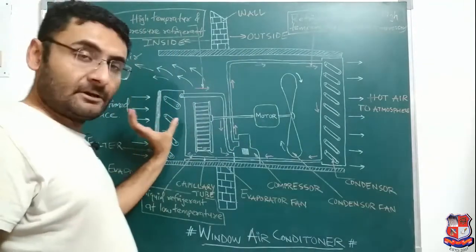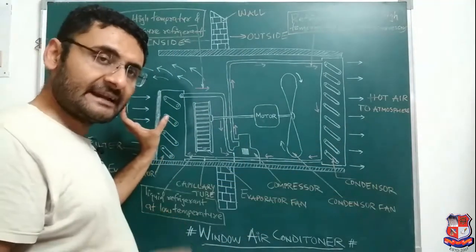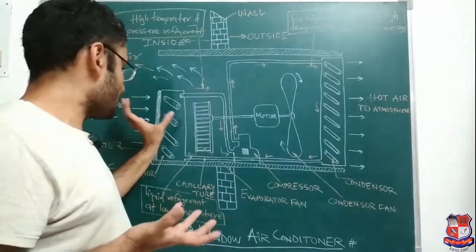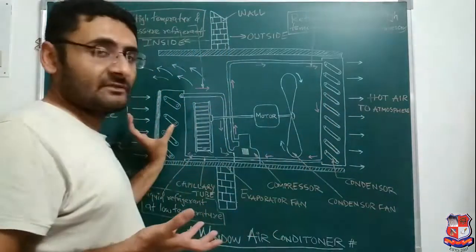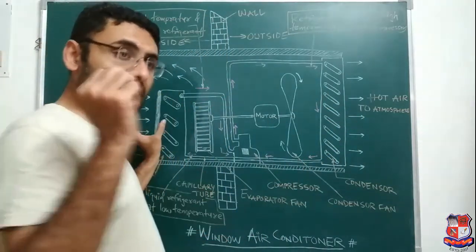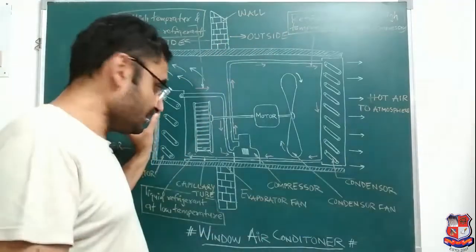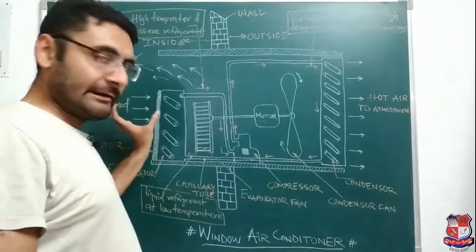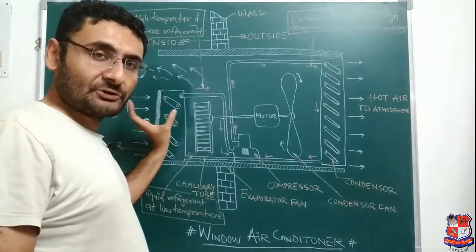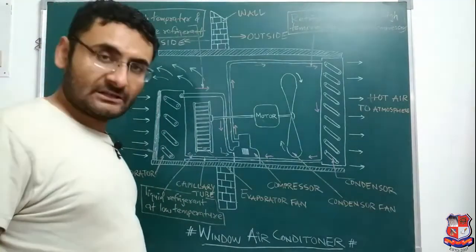Now you have to keep the evaporator inside of the room, as the evaporator will absorb the heat and the refrigerating effect will be produced. If you keep that portion outside, what happens? The condenser portion will be inside, and what will the condenser do? It will reject the heat. So instead of lowering the temperature inside of the room, the temperature may increase. That is why, to maintain the temperature inside of the room, the evaporator portion must be placed inside of the room. So that is all about the construction.